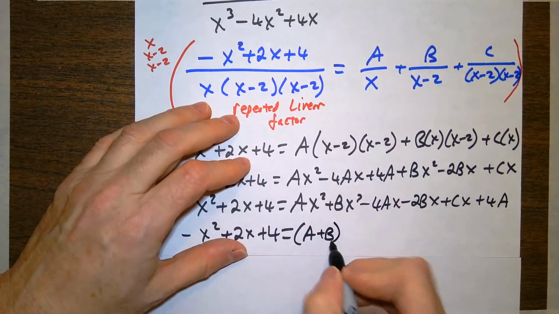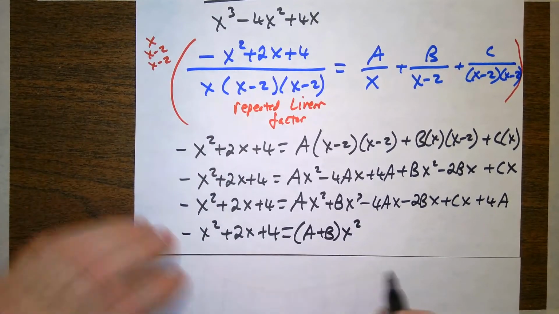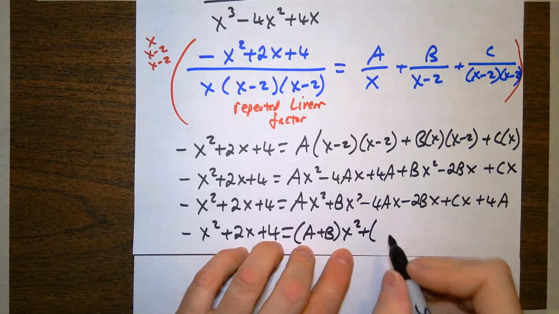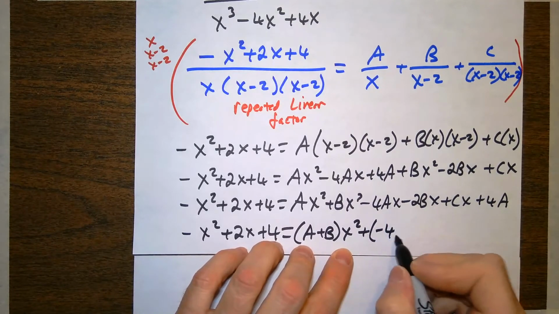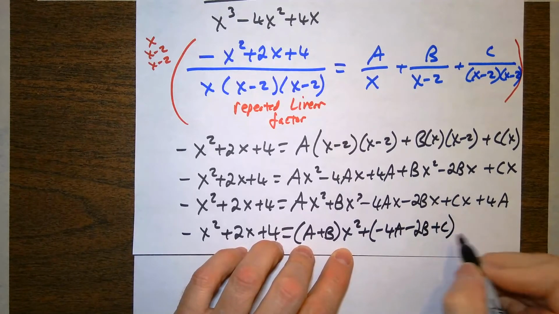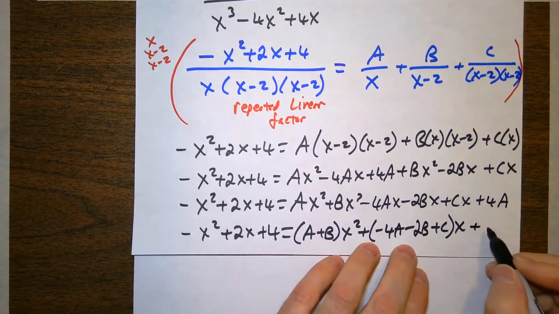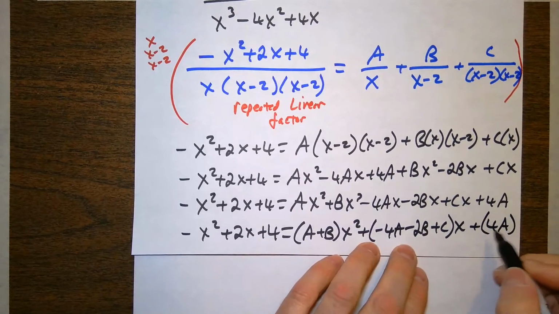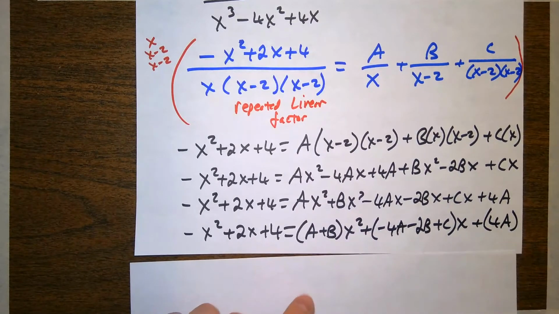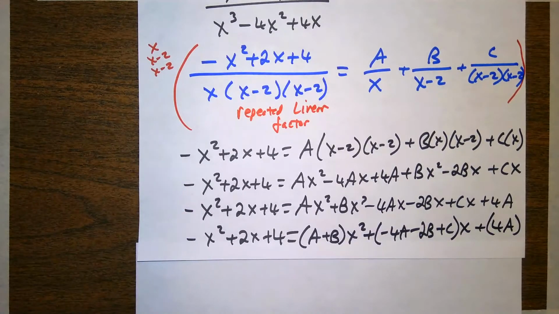a plus b times x squared. That a plus b is going to match up to the negative 1, plus negative 4a minus 2b plus c times x, and that's going to line up to 2, plus 4a, and that's going to match up to the 4. So if I look at what matches up to what now, and write my little system of equations,